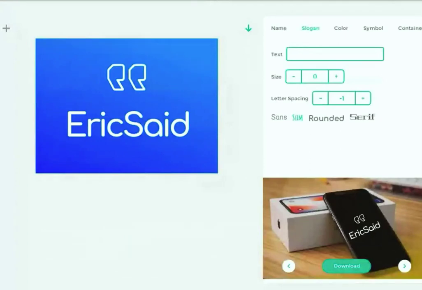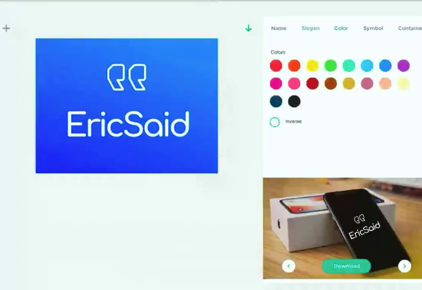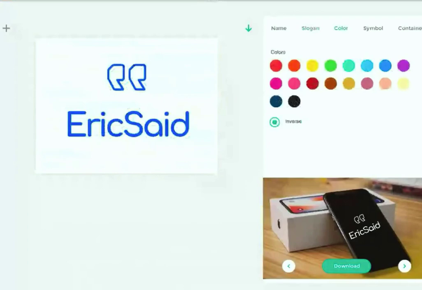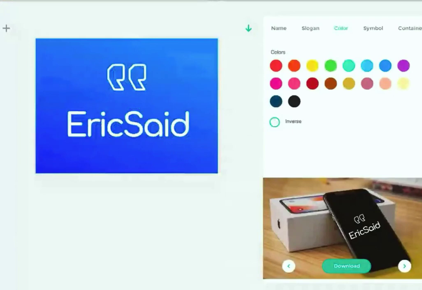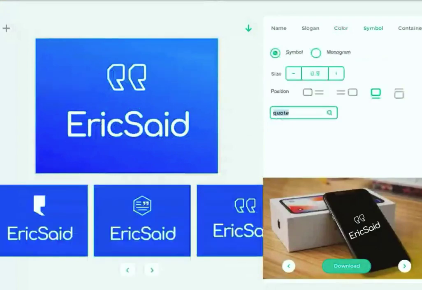All right. Colors. If I want to inverse the color, I can do that. All I have to do is click this button and I get that version right there, okay? That doesn't affect over here, so just keep that in mind as you do that. I can change the symbol. This could be a quote bubble instead. And that quote bubble will give me multiple options here. Look down at the bottom and you'll see the options. If I can get my screen a little bit bigger,